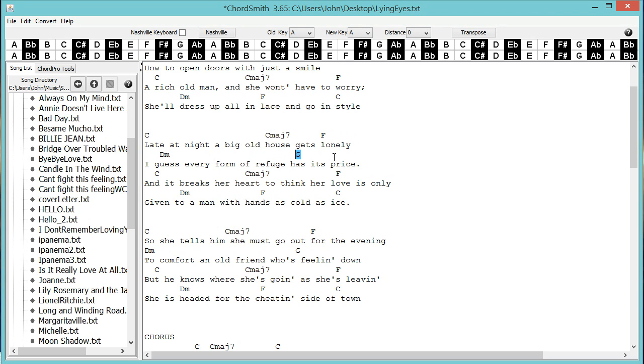This G has to go over here. Let's see here. Move the F here. So you can see, you could go through, and in just a few minutes you've got